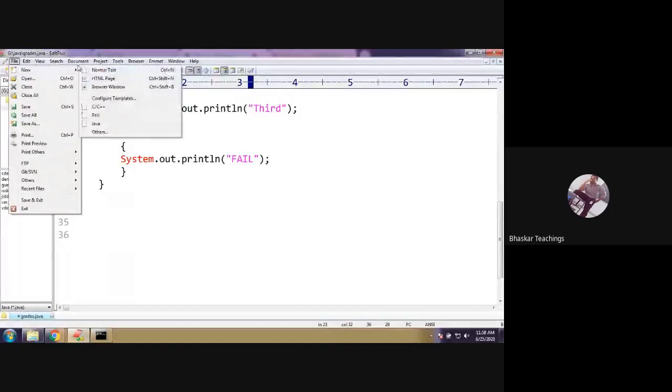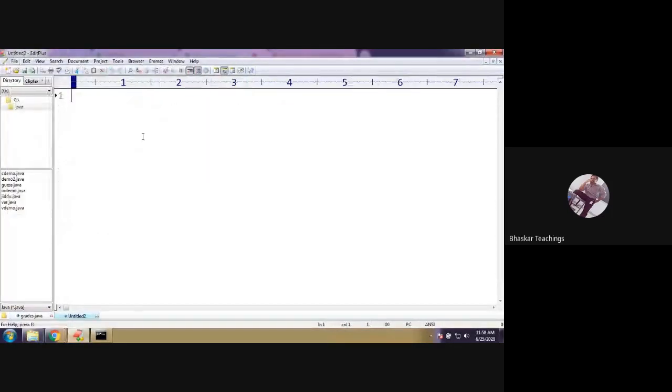Conditional operator statement. So after if statements, the second control flow decision making statements are conditional statements, and next comes the switch case. We were learning flow control statements. In flow control statements we have decision making statements. Under decision making statements we learned if statements, simple if else, else if ladder, and nested if. Now it's time to learn conditional operator statement.